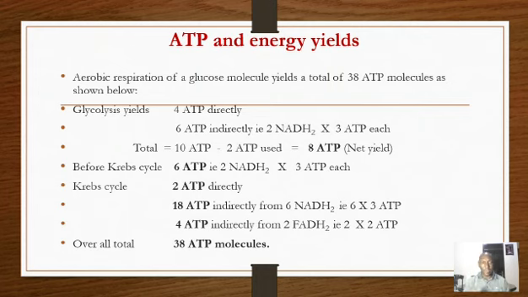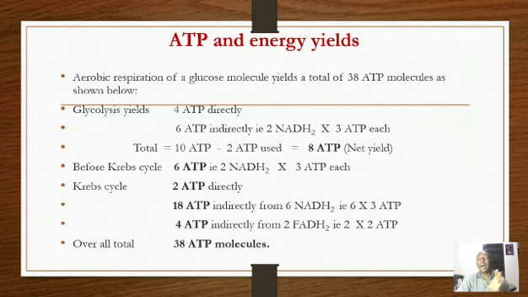Therefore, 8 plus 6, simple mathematics, that gives us 14. Plus 2, 16. Plus 18, 34. Plus 4, 38. That is why we get an overall yield of 38 ATP molecules from